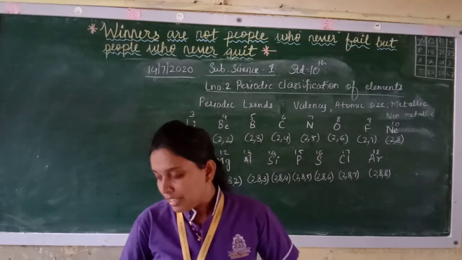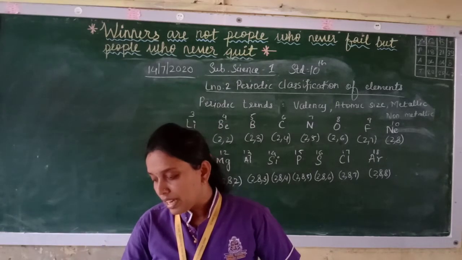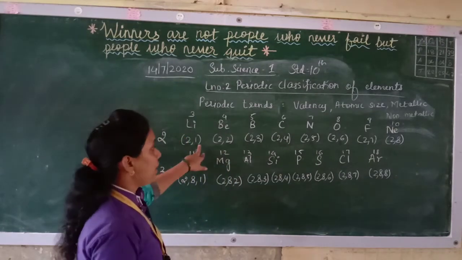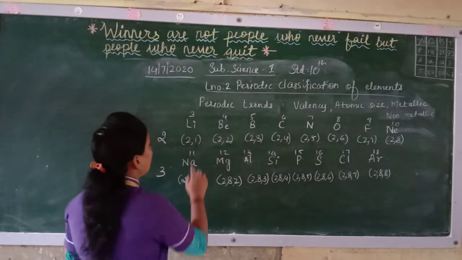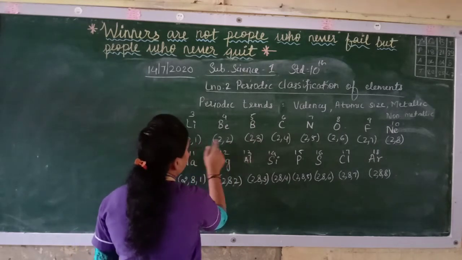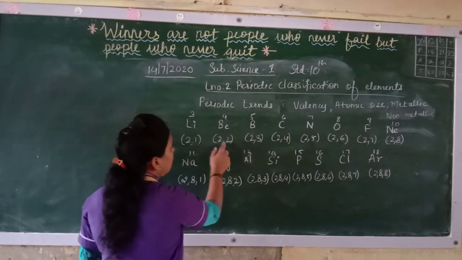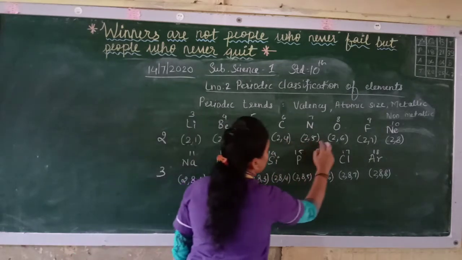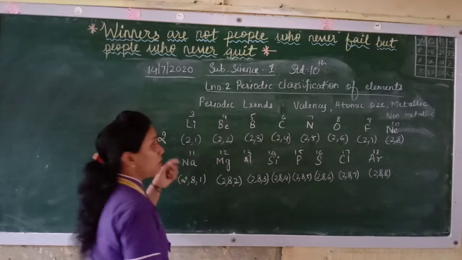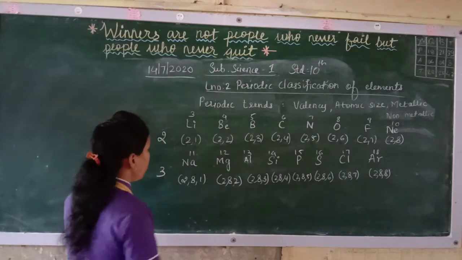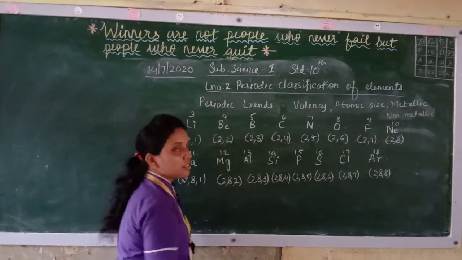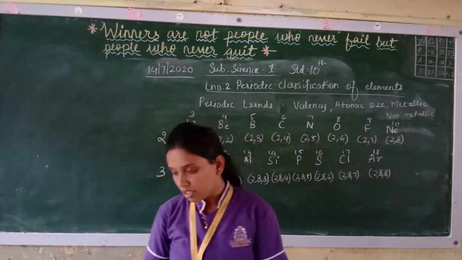Now the number of valence electrons is different in these elements. However, the number of shells is the same. Now see the number of valence electrons; it is changing from here, na? 1, 2, 3. But the number of shells remains the same. There are 2 shells only in this period. If you see in this period, all are having 3 shells, but the valencies are varying, meaning they are different.